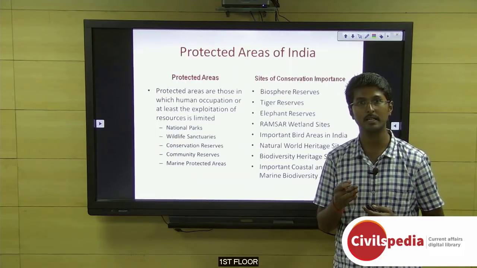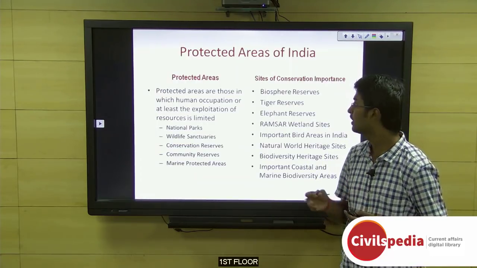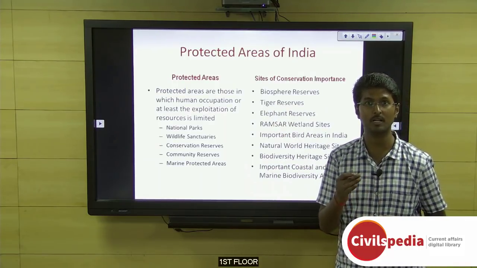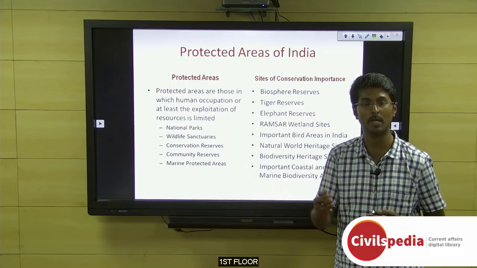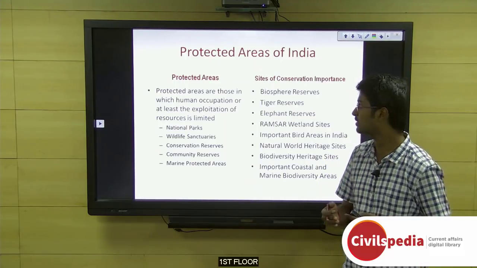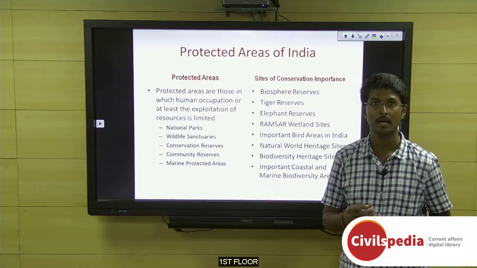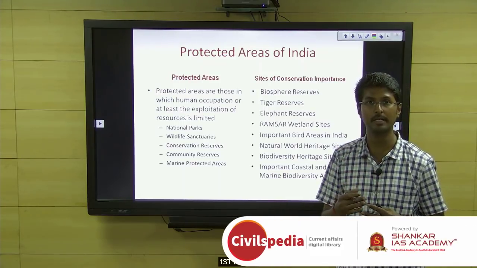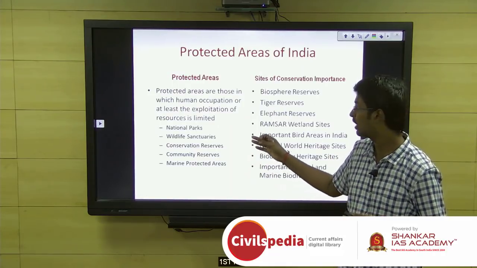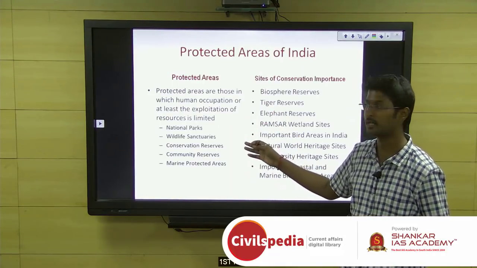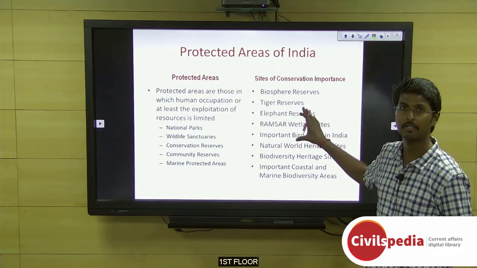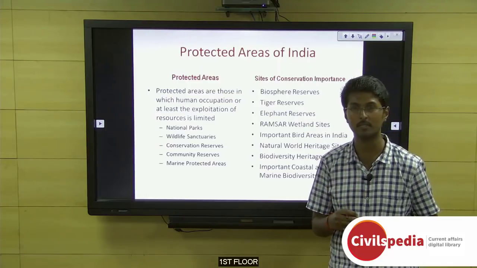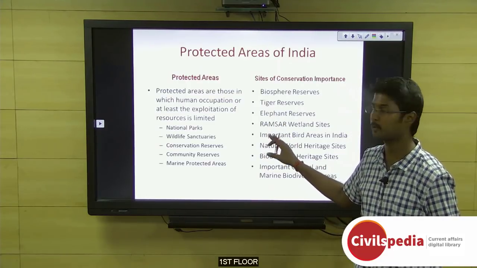If you see the Wildlife Institute of India website, you can see the list of protected areas and the sites of conservation importance with regards to wildlife, nature and also culture. Under the protected areas, I would like to give an idea about the difference between the different protected areas that have been charted under this topic, and some idea about the sites of conservation importance. I will not be dealing in much depth, but just the difference between the different protected areas.